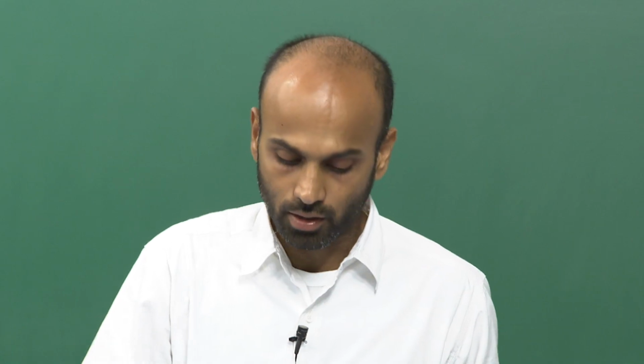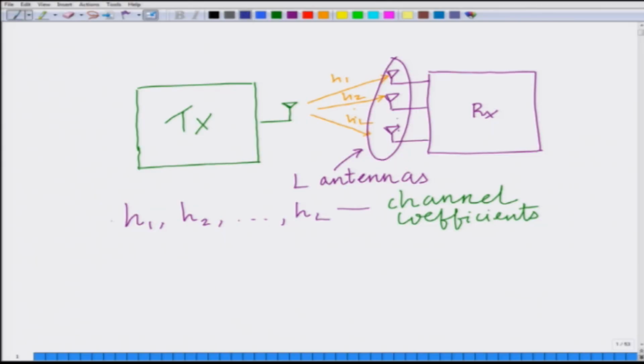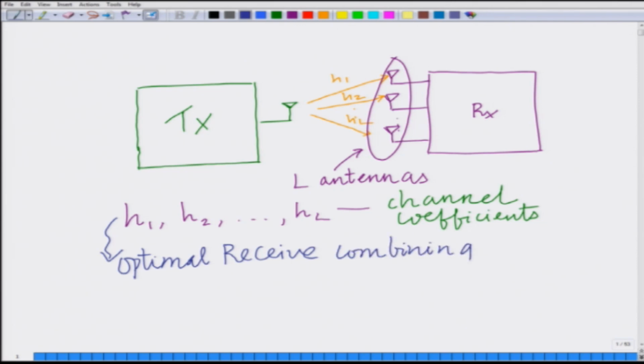So, optimal receive strategy or the signal processing algorithm at the receiver is to use maximal ratio combining. So, optimal receive strategy in this scenario or optimal receive combining is the maximal ratio